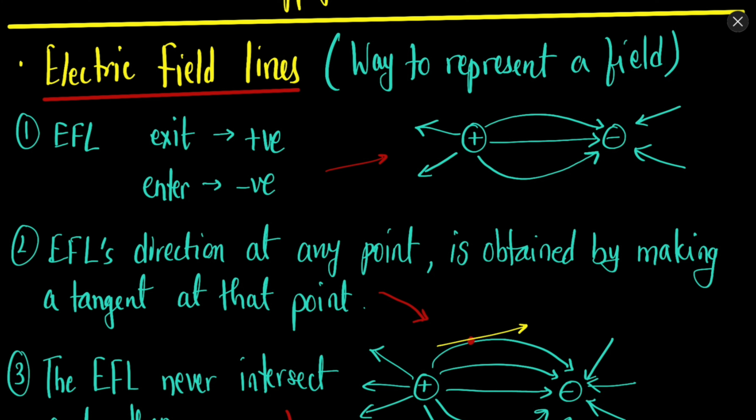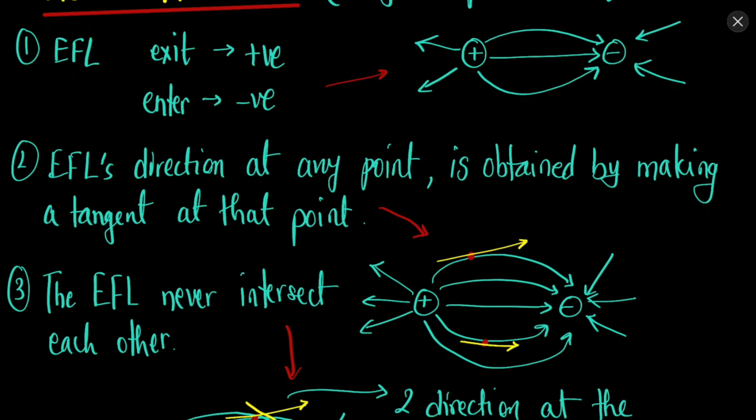So the first thing that we have decided is that the electric field lines will exit from the positive charge and it will enter the negative charge. So the first thing that you need to remember is electric field lines will exit from the positive charge and it will enter in the negative charge. Again repeating, this is the standard which the humans have started. It is not that in nature it happens so.